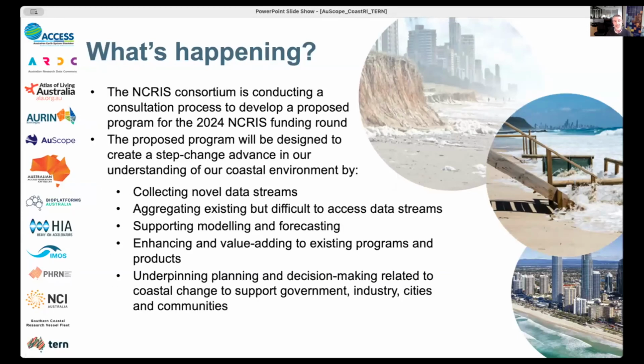In bringing that group together, and under the sometimes complex funding arrangements in which we operate through the NCRIS program, we had the opportunity to put in some proposals initially for some funding. Some of that was for actual infrastructure, so I'll talk a bit about some of that in a minute. But some of it was also to develop a pilot around what this Coastar program would look like,